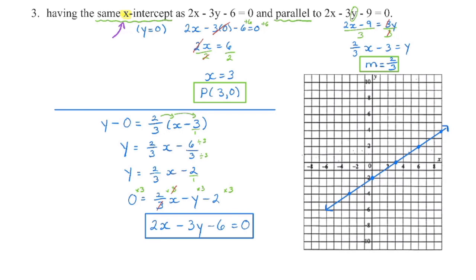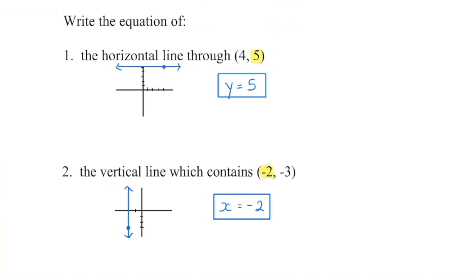The only information you pull from here is the slope. The only information you pull from here is the x-intercept. That's it. And then you also really have to watch. If this is the x-intercept, then you have to begin in slope point form. And one final piece of advice for you.